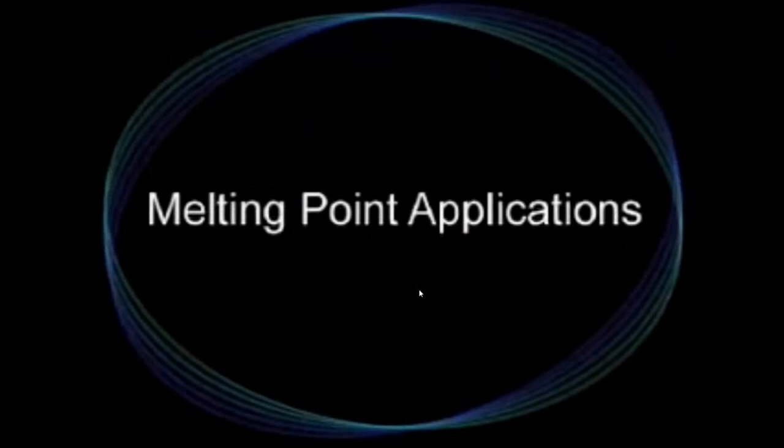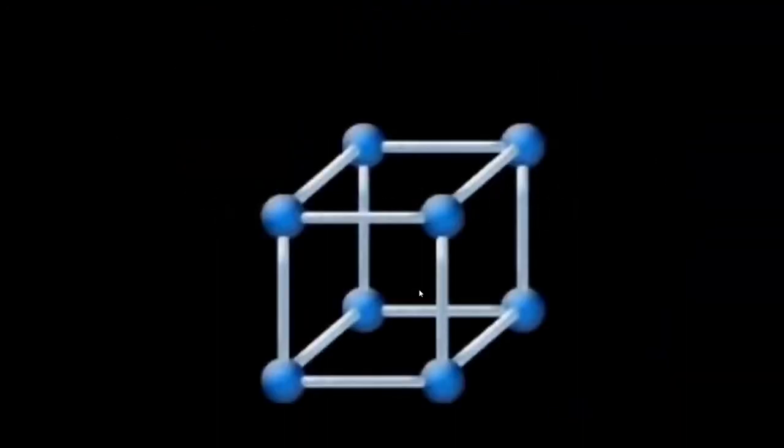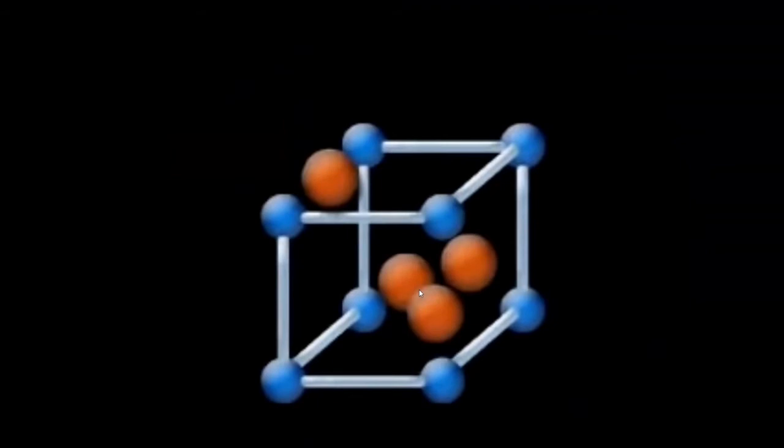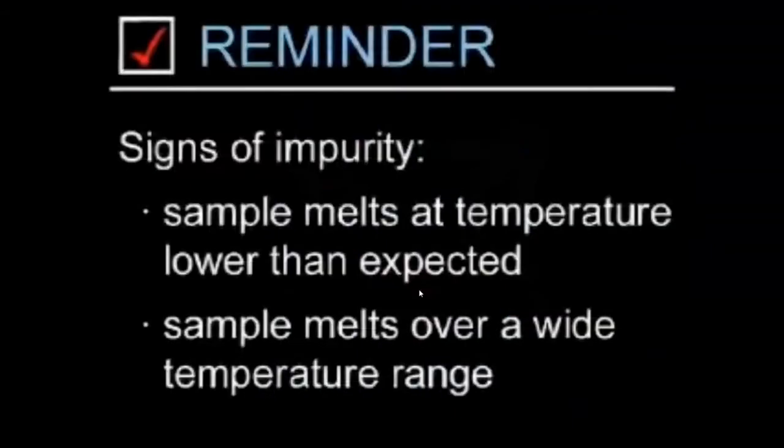One common use for melting point is to assess the purity of a known compound. If an impurity is present in a sample, it will interrupt the crystal lattice and weaken the forces of attraction that are holding the molecules together. Therefore, the sample will melt at a temperature that is lower than expected. The sample will also melt over a wide temperature range. As a general guideline, if a compound melts over a range greater than 2 to 3 degrees Celsius, it is